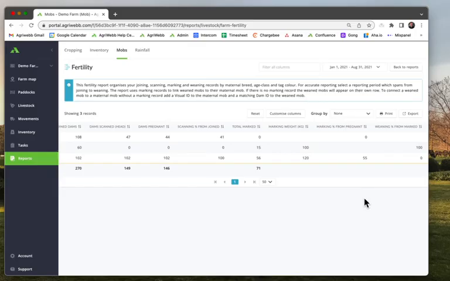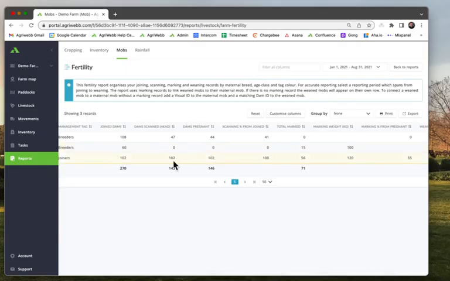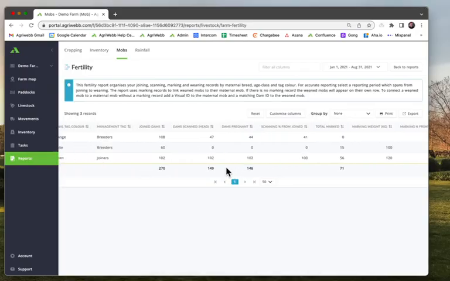So it will still pull that information through, but it's just ensuring that you're putting these in chronologically so that you can actually get that full flow-on effect of what's actually happening. And this can be an extremely effective report for looking at what those efficiencies are, or potentially where you can get some of those productivity increases from those fertility records that you are inputting into AgriWebb.